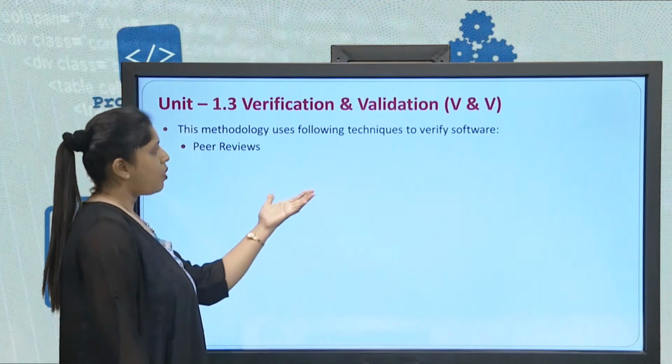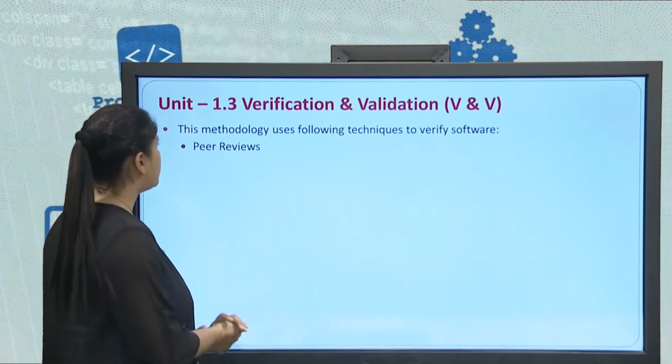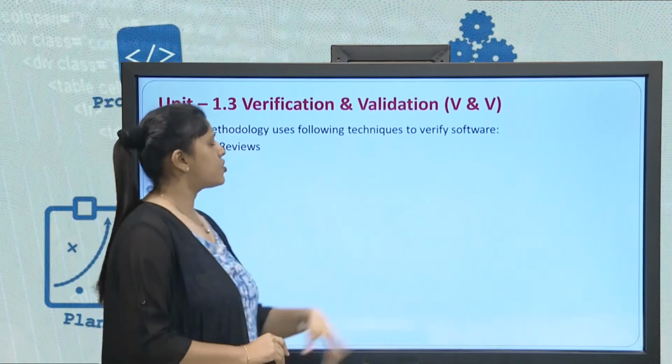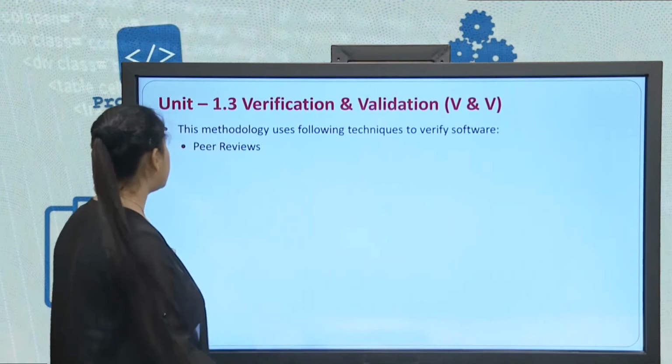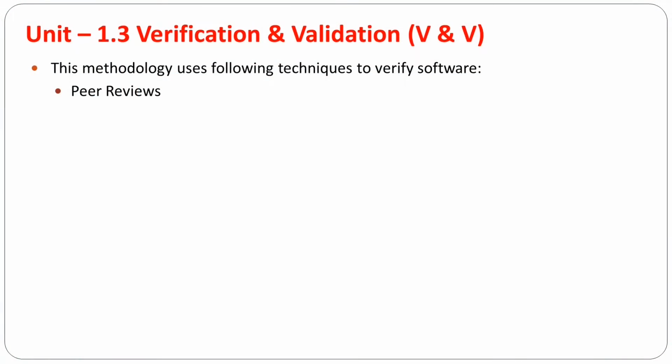The verification and validation methodology uses the following techniques to verify your software. First one is peer reviews. Peer reviews means